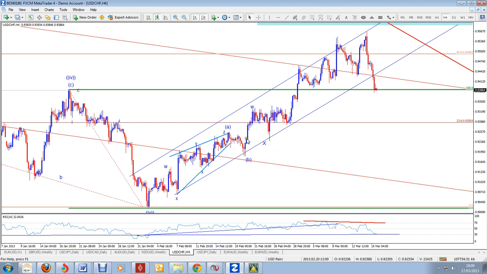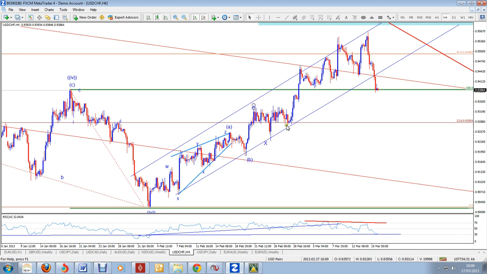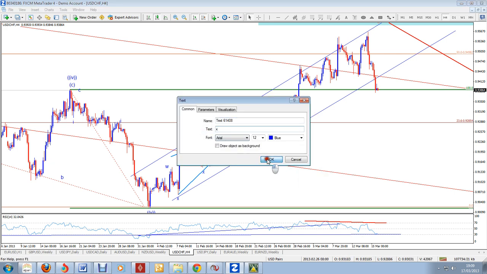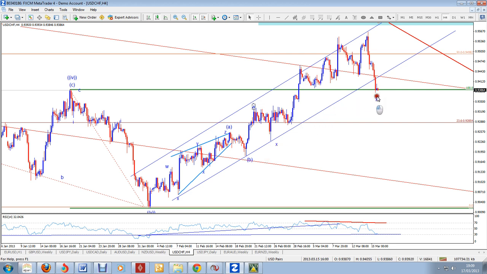I would just leave them, I think, as A, B, and then this one here as a W, X, so we'll have this one here as X, and maybe another X here. So this one is W, X, Y, and that Y could possibly be 1, 2, 3, 4 and 5, but